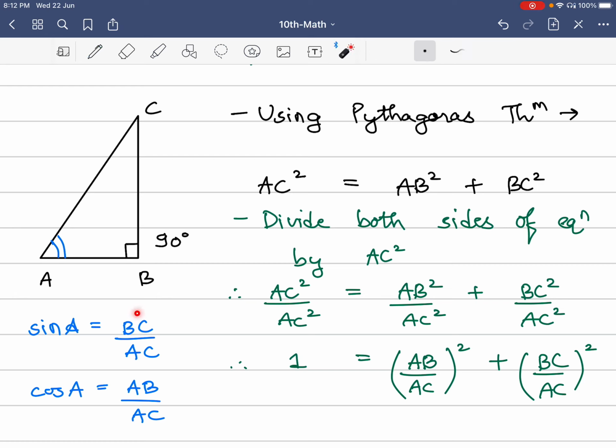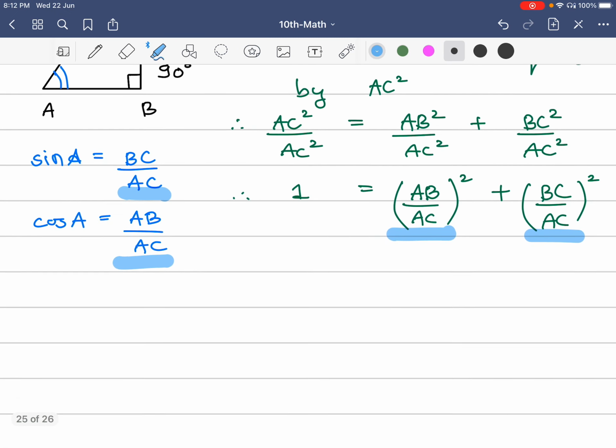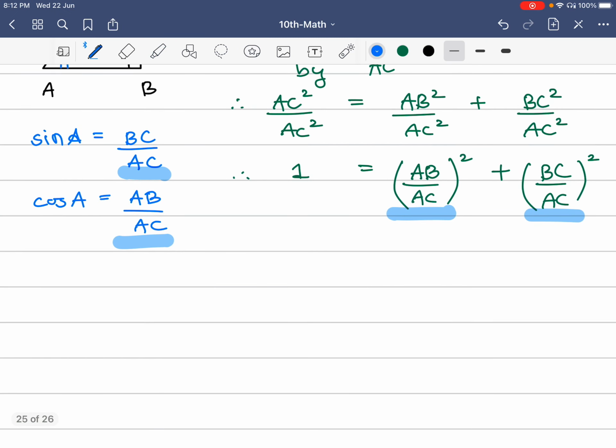Now if you look at these fractions, we can substitute. This is AB by AC, and this is my BC by AC. So let's do the substitution, and therefore 1 is equal to AB by AC, which is cos A,